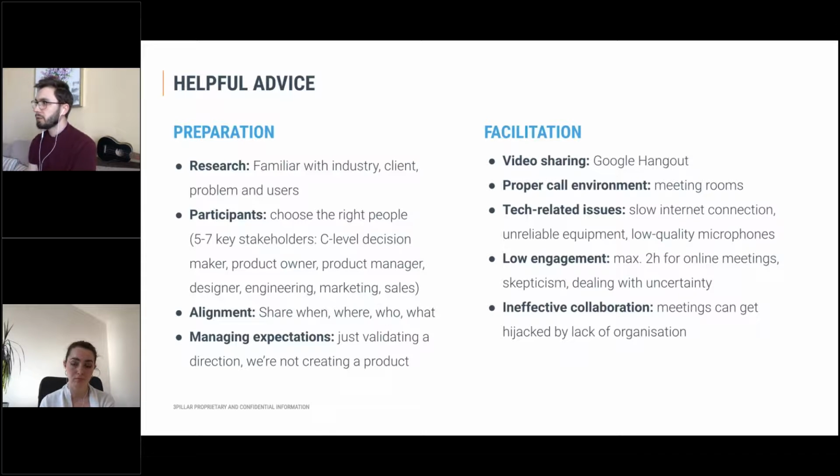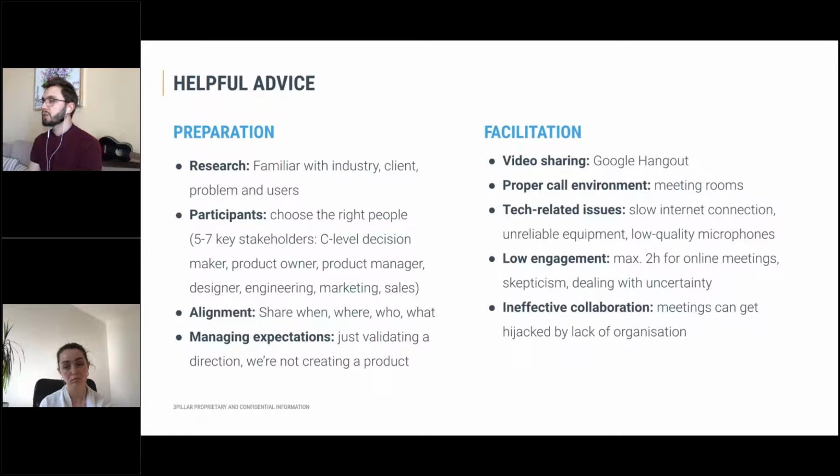So typically, especially for people that were not involved in a design sprint, you will need to make sure they understand they are just validating a direction really quickly rather than creating a full, well-designed product. Also, when it comes to facilitation,